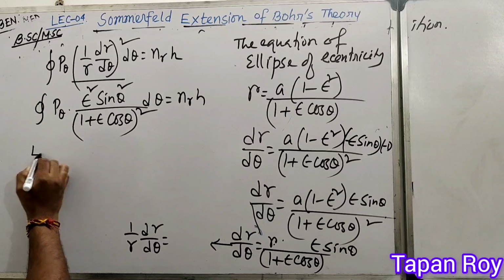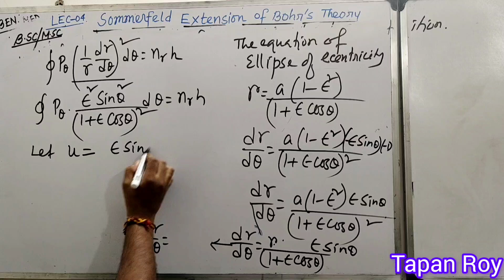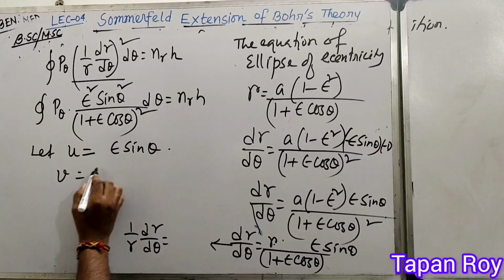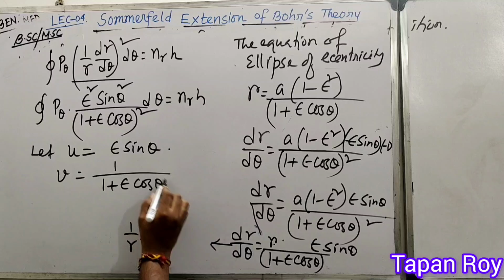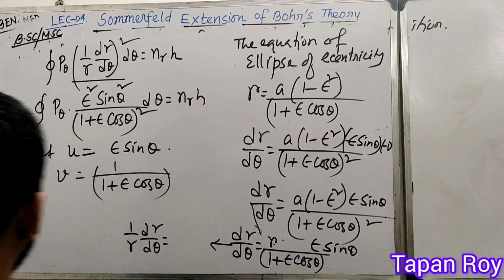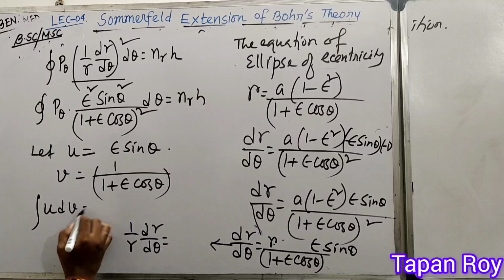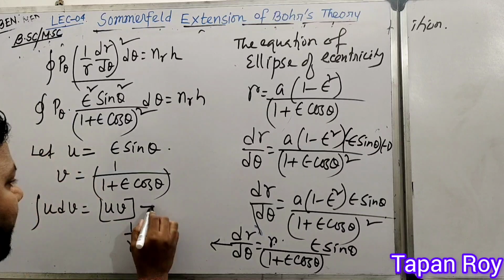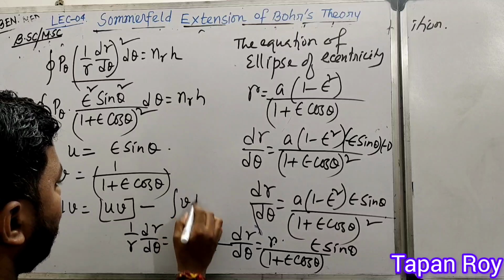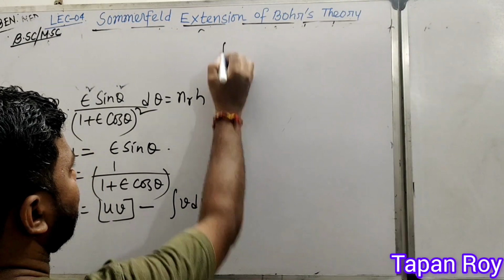So now let u is equal to epsilon sin theta, and v is equal to 1 by 1 plus epsilon cos theta. So using the standard equation for integration by parts, integral of u dv is equal to uv minus integral of v du. So here, closed integration,